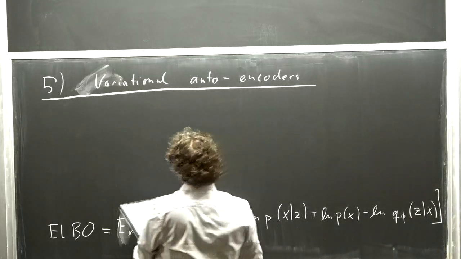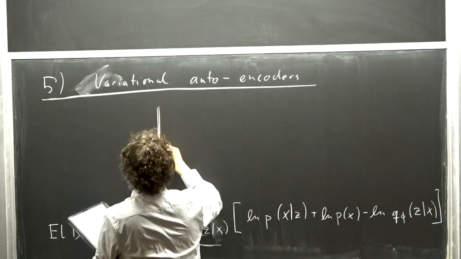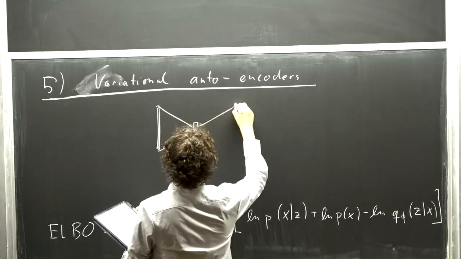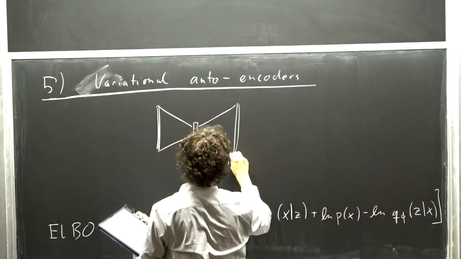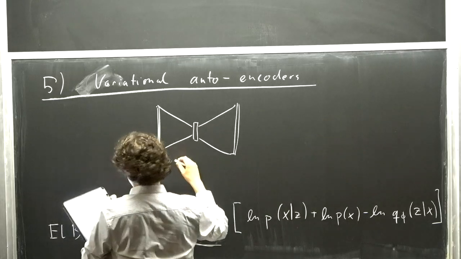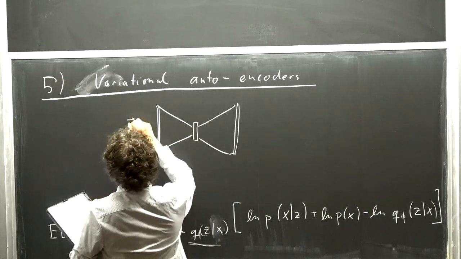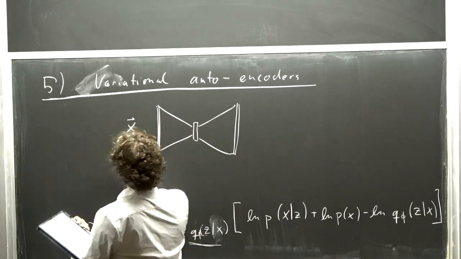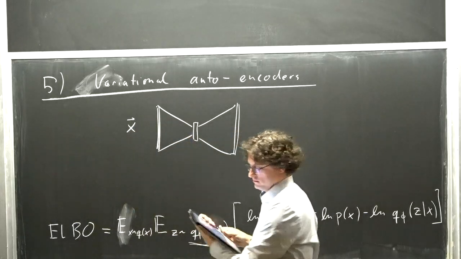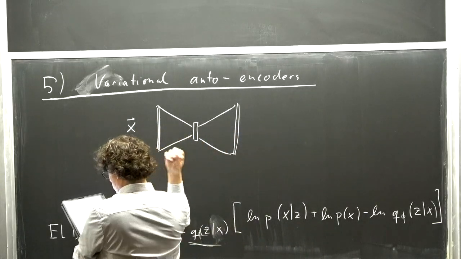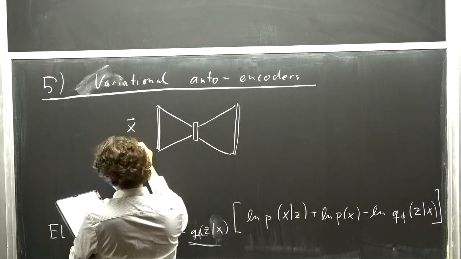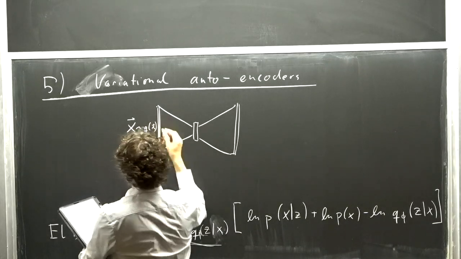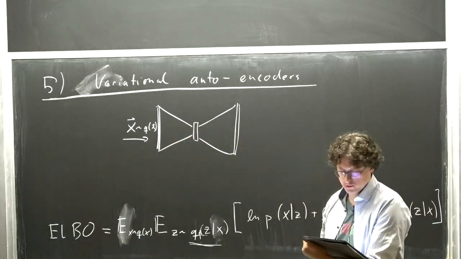But what one can do then is the following. One can build variational autoencoders. First, let me draw something to visualize the idea. So a variational autoencoder is basically the following. It's an autoencoder which takes as input some piece of data X that might be an image. Most typical examples, also the one that you will work on in the notebook, are images drawn from some distribution, from the training data distribution.